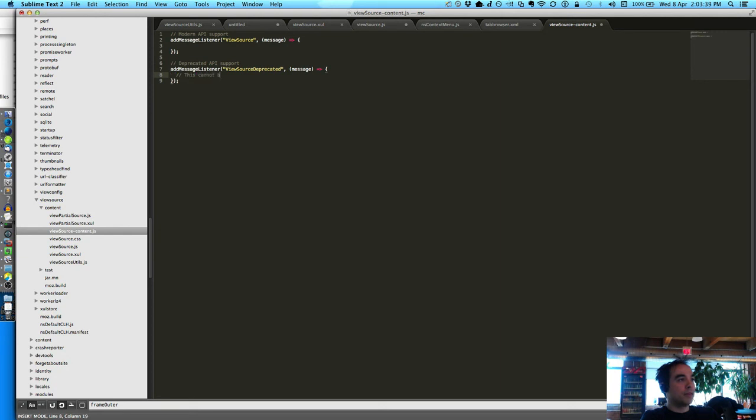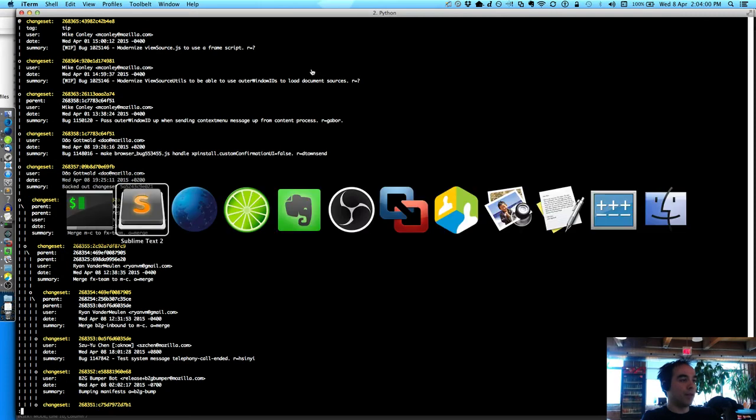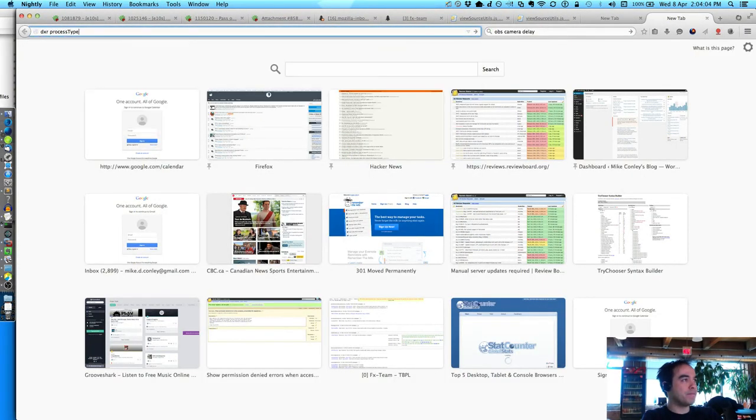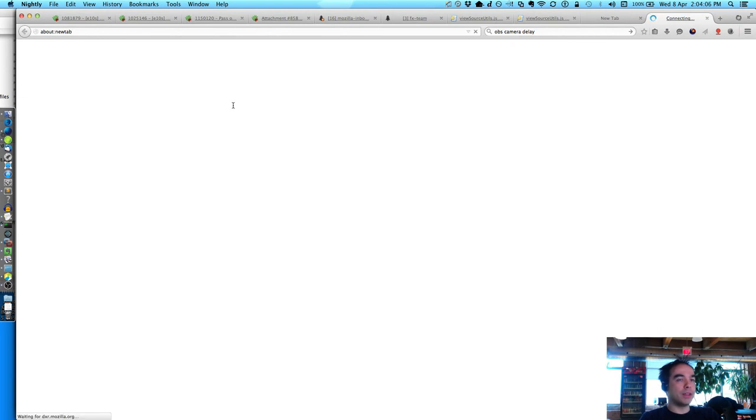This should not be called if this frame script is running in a content process. So we should probably assert that or something, if there's a way to check. I think it's process type. You can make sure that the process type is